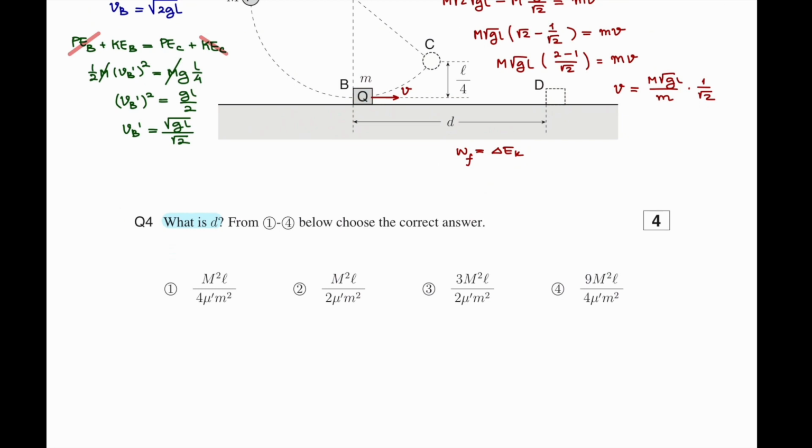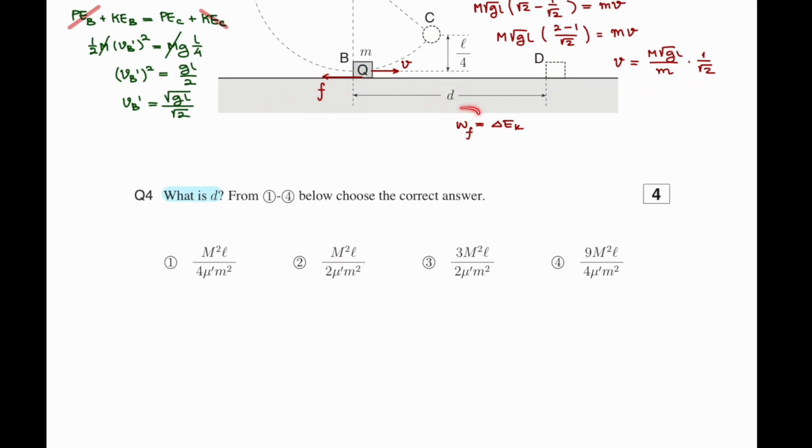If I draw frictional force in this diagram, frictional force is directed to the left because the object moved to the right. The formula of work done is force times distance, but since the force is in the opposite direction of distance, then work done due to friction is equals to negative F times D